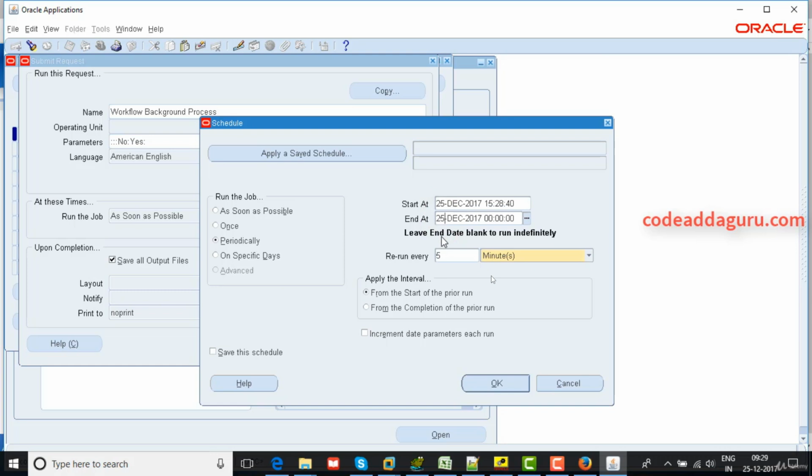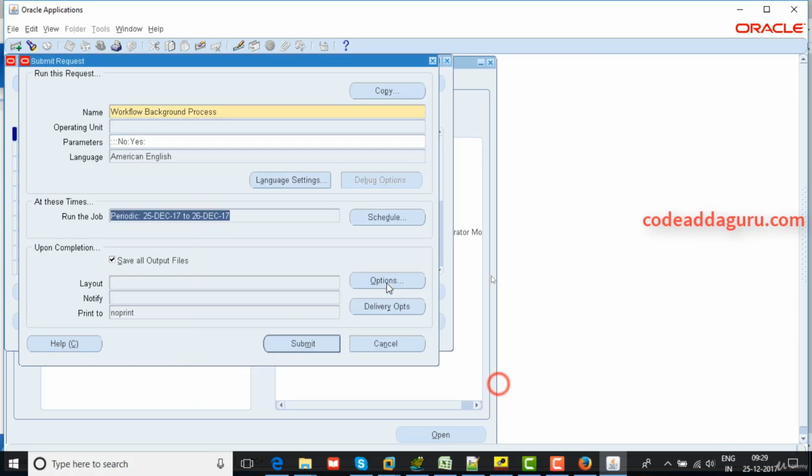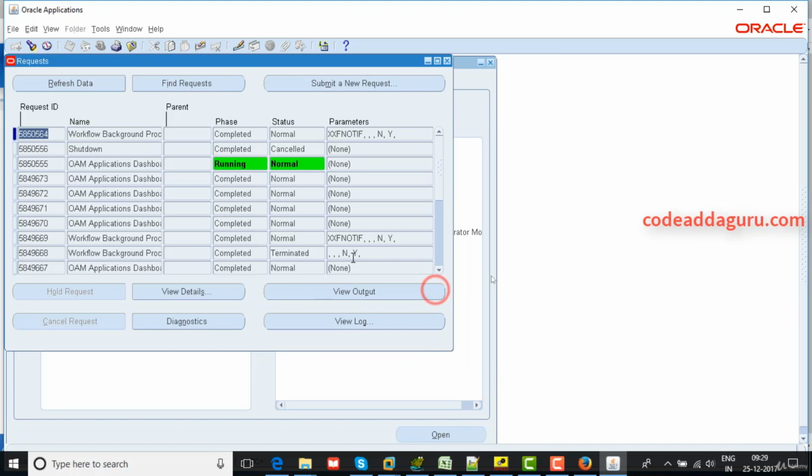Here, try to place 15. Okay, 25, right? 26. Click on OK. Now